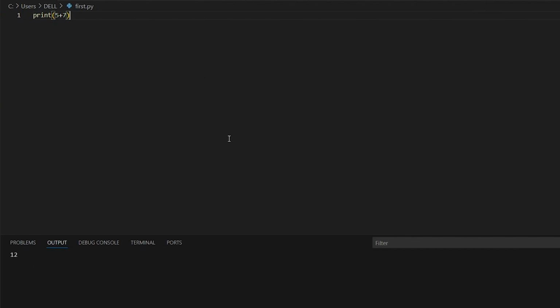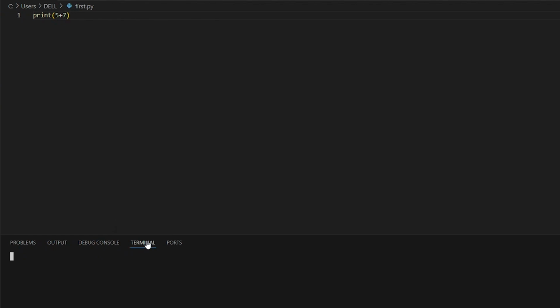So here is the text editor. This is where you type in your Python statement or Python expression or Python code. And here is where you see the output of your program. And if you look, you can see we have other tabs here. We have problems, output, terminal, and so on. So you can as well run your program from the terminal.